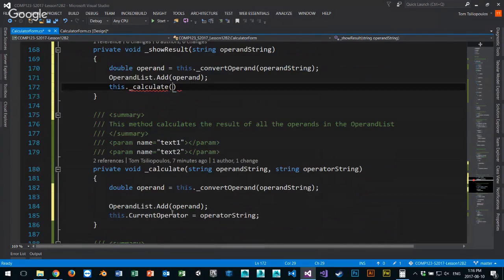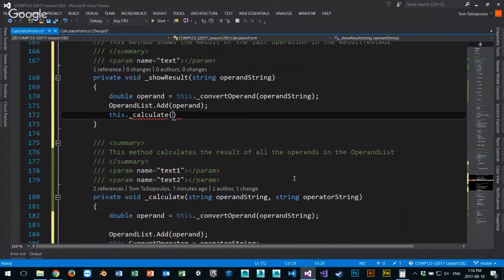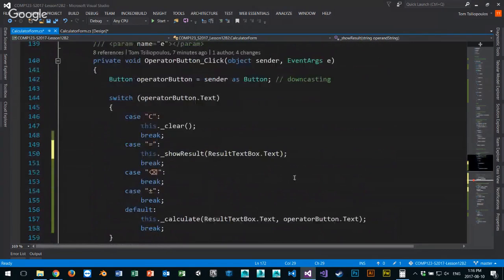Because then I don't have to do these two conversions. I don't have to do it twice. I just do it once. So that might be the better way to do it. However, the operand to be converted, if I have an operand to be converted, is only going to need to be happening if